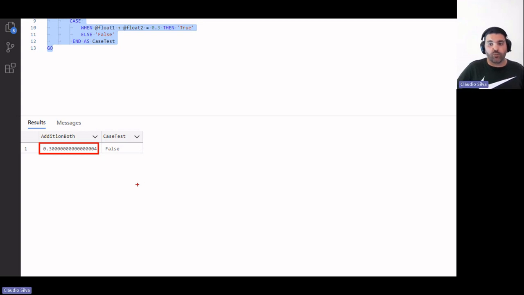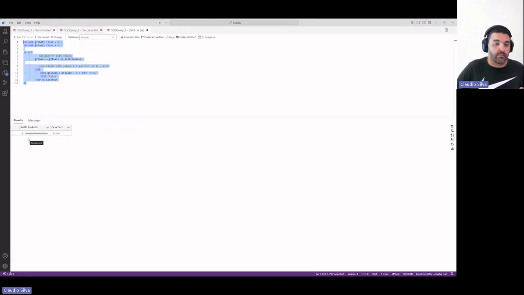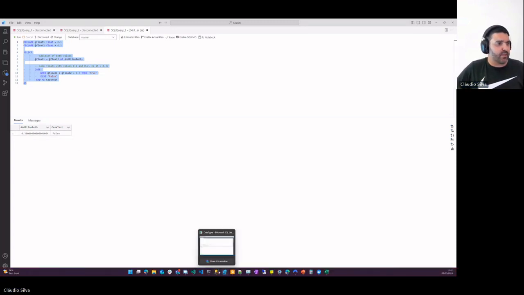So it's not just 0.3, and therefore SQL Server is correct, it's false, because 0.30004 is not the same thing as 0.3, right? In this case, SSMS is showing us a cut version of that. So that is something to keep in mind.